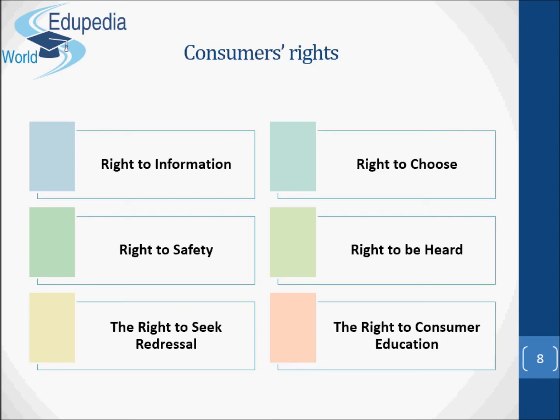Finally, the right to consumer education. It means to have access to programs and information that help consumers make better decisions before and after purchase. Instructions and guidelines for consumers are issued by the government department and NGOs. This helps the consumers to take the right decision with regard to purchase of a commodity, to recognize trademarks and logos, authentication marks such as ISI, BIS, and other educational campaigns done in public interest.